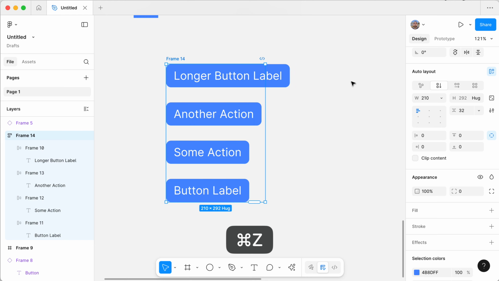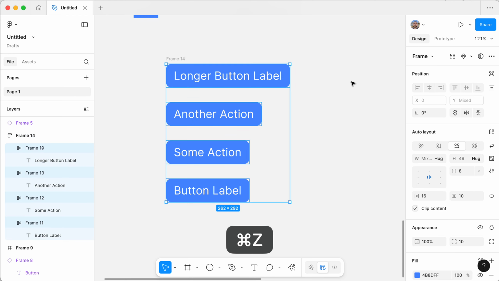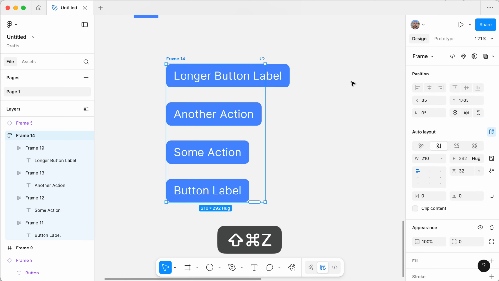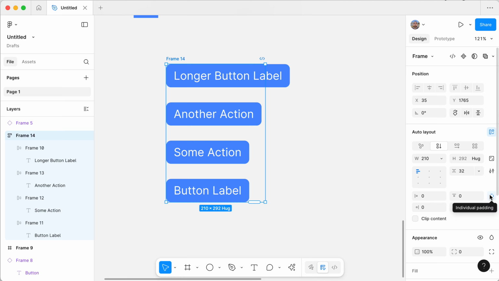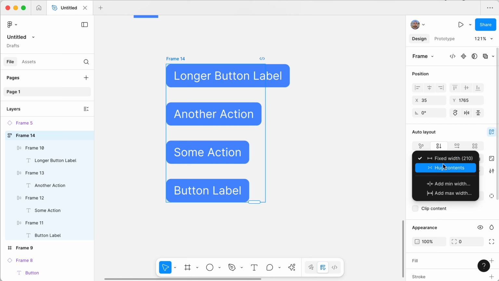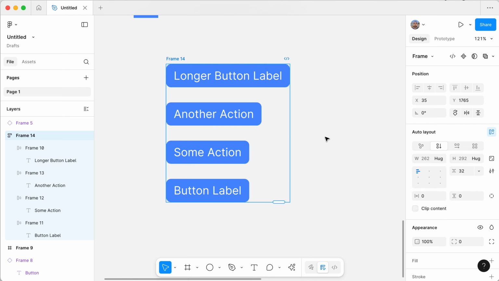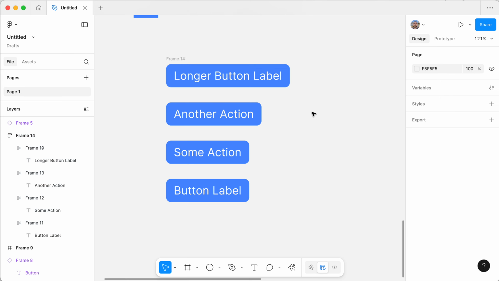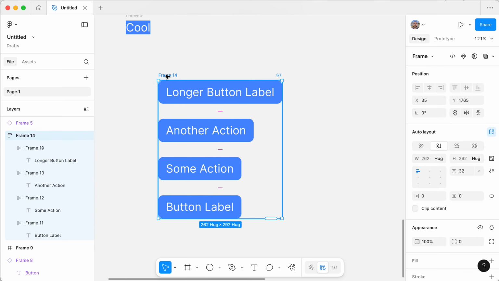And yeah, you can adjust all the paddings separately. And let's make this container of the buttons the size of its contents, like how it hugs its contents. And now